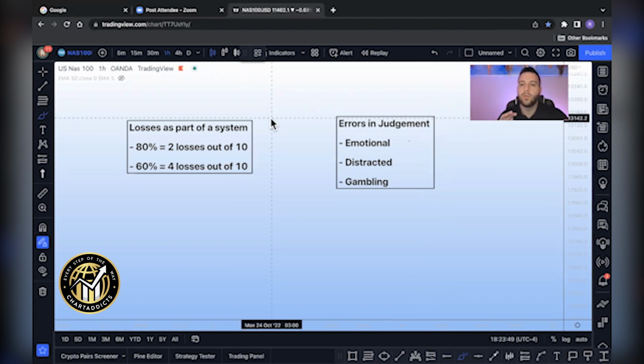Emotional trading revolves around the 2 main emotions that impact traders, which is fear and greed. If you're one of the emotional traders or you fall into the trap of emotional trading, one of the easiest things that you can do is only risk what you're comfortable risking. Most of emotional trading comes from over risking or not risking enough. Understand how much you're putting on the line and whether or not you're comfortable with losing that amount of money.